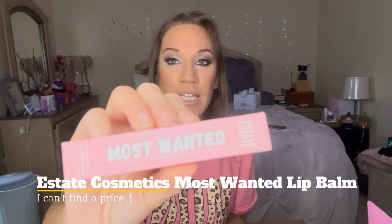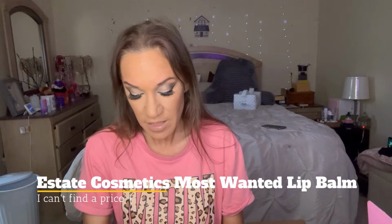By Estate Cosmetics. I think we're seeing a lot of them lately. Most Wanted Liquid Lip Balm. All right. It's in the shade Priority. Here it is here. Please don't be pink. Ooh, that's actually not bad. Okay. Don't like the smell. Don't smell it. All right, moving on. What is...